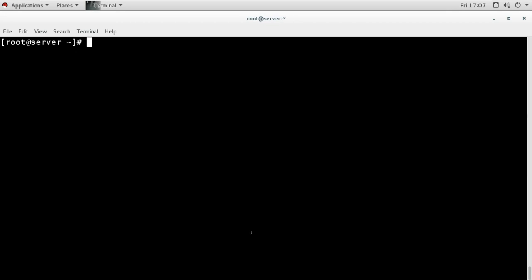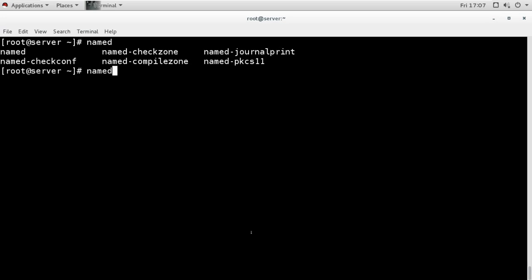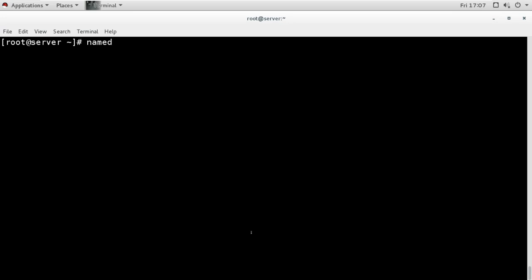We can also use one more command: check config. This command checks the configuration file for any configuration problem. So we can use check config with the configuration file name to check for any error.